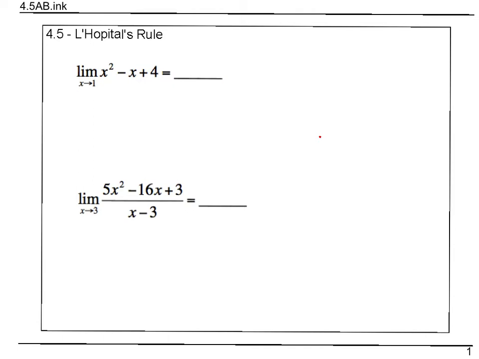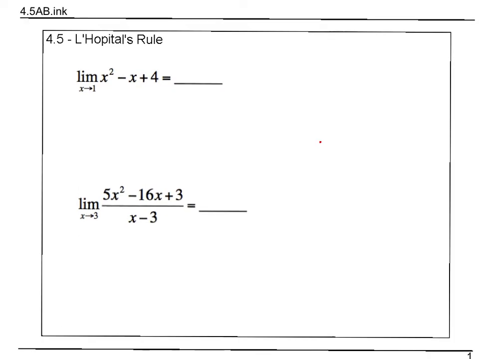The first one is a continuous function, so we can evaluate the limit through direct substitution. So we have 1 squared minus 1 plus 4, and we get 4. The second one, though, if I try direct substitution, 5 times 3 squared, or 45, minus 48 plus 3, that gives me a 0 in the numerator. And 3 minus 3, of course, is a 0 in the denominator. So this is that indeterminate form